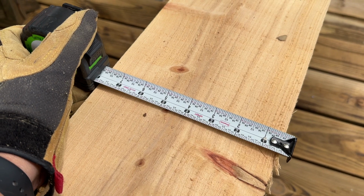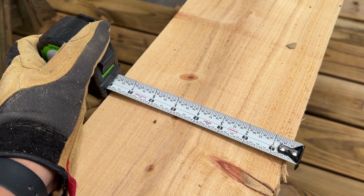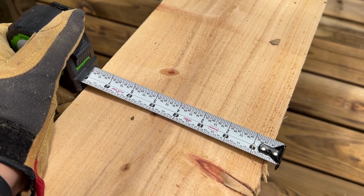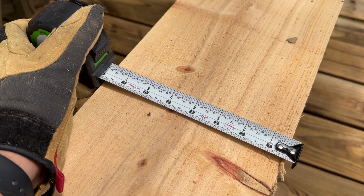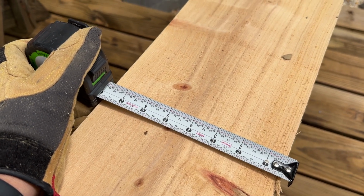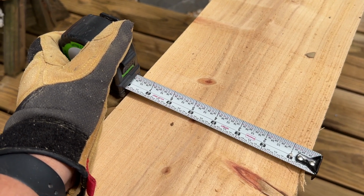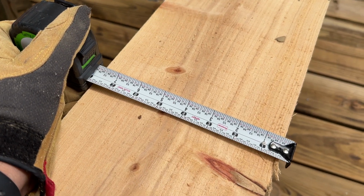Okay, we're going to make a seat for a swing set, and we're going to make slats instead of a solid board. And just a quick tip about when you're cutting slats, or cutting a width of a board to get different smaller size boards out of it, is you have to remember to account for however wide your saw blade is, the kerf of the blade, as people will talk about it, and factor that into your measurements,